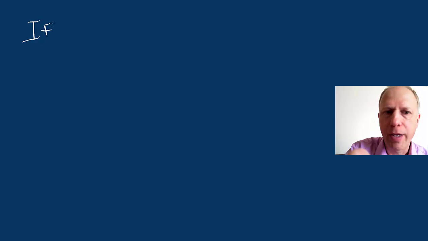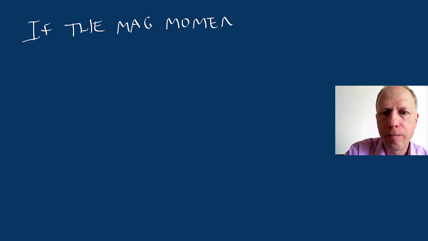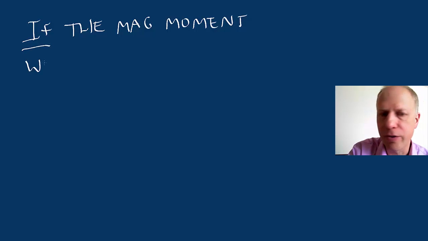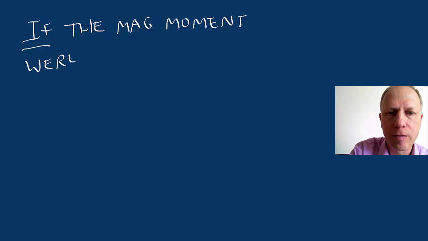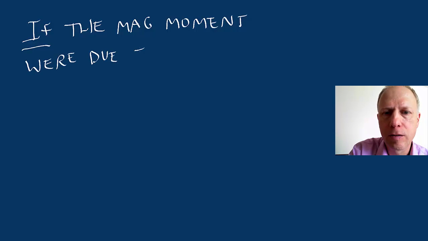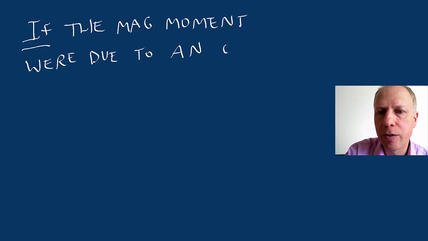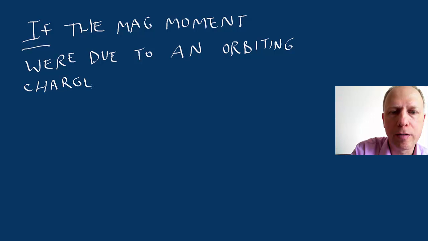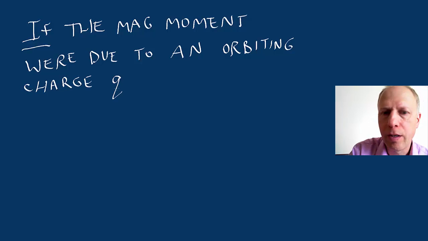Now, it's not really due to this, but if the magnetic moment of a particle like an electron were due to something moving in a circular orbit, with charge Q, a point particle of mass m,